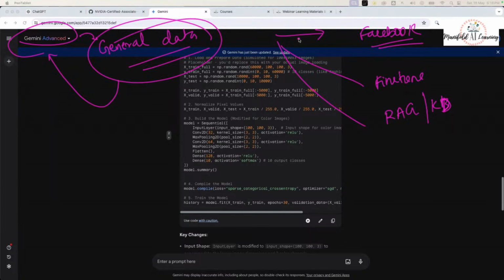Now that's where the in-demand skill set comes to the rescue: the knowledge of how these tools work, the knowledge of how generative AI works in the back end, because these are new roles that are coming up in the industry these days. Google, Meta, that is the Facebook team, and the OpenAI team are coming up with various tools.